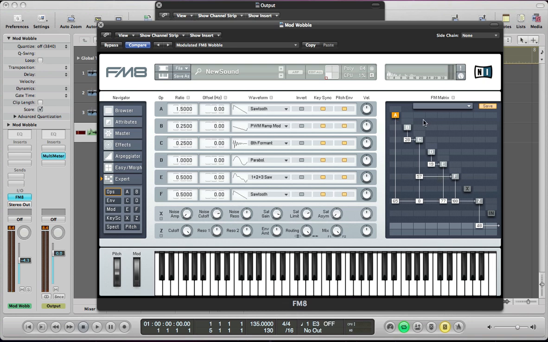And I'm going to do some more routing in this FM matrix just to thicken the sound a little bit further, give it a bit more of a raspy kind of character. So E I'm going to feed into itself at 21, F at 19, E I'm going to feed into F at about 16,